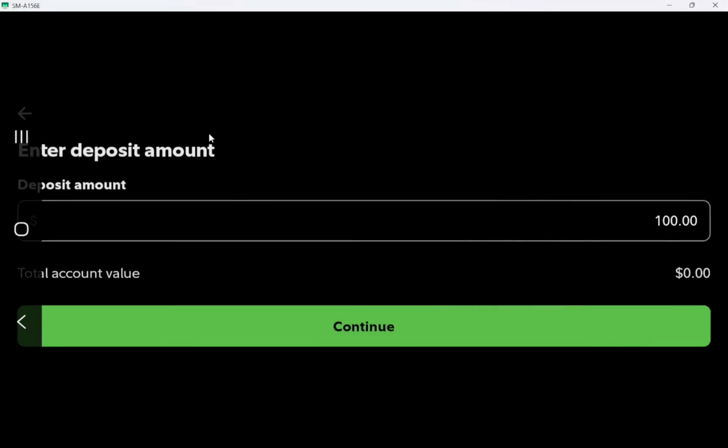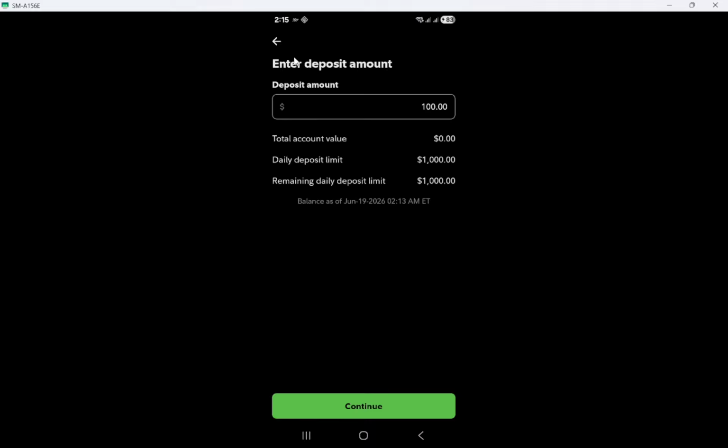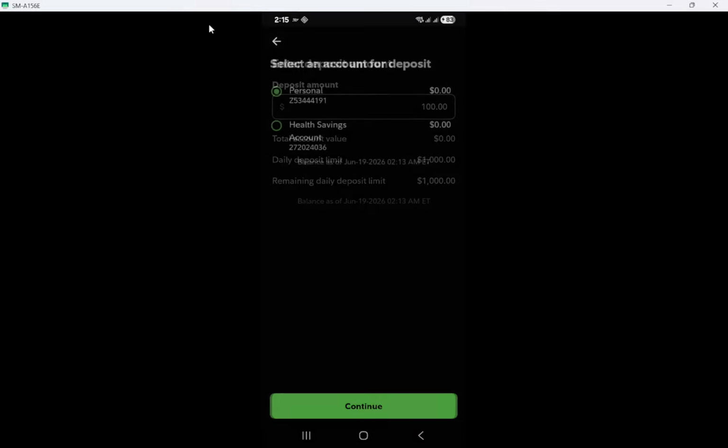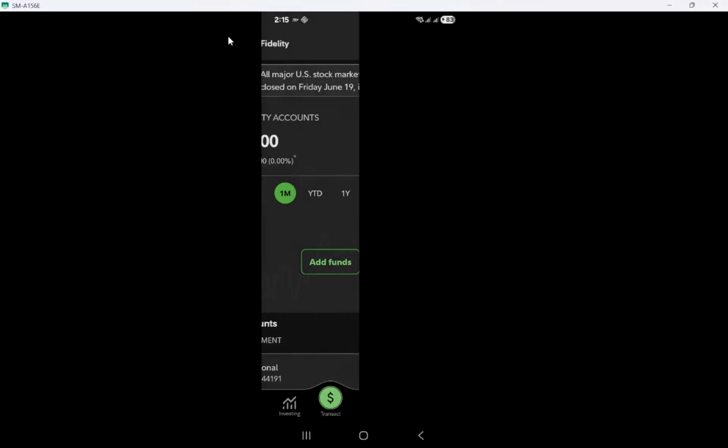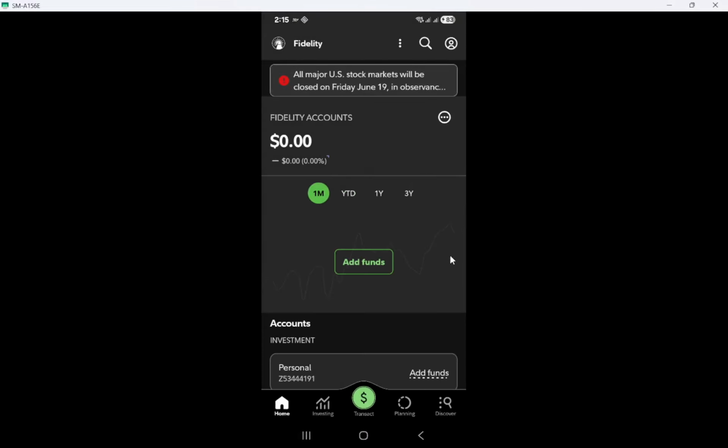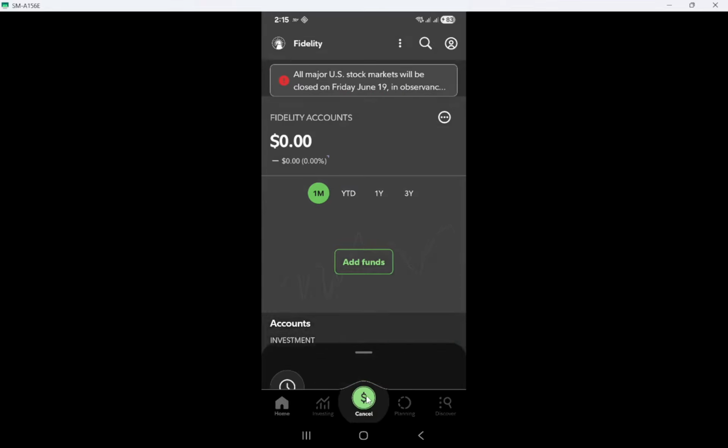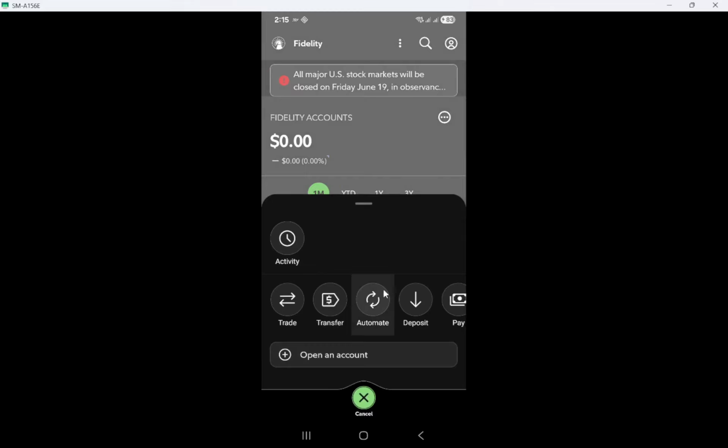Now you'll have to wait for the check to be processed. Deposits made on a business day are typically credited promptly. However, keep in mind that funds might be available for trading before they're available for withdrawal or transfer. This is important because it means you can start trading without delay while waiting for the funds to become fully